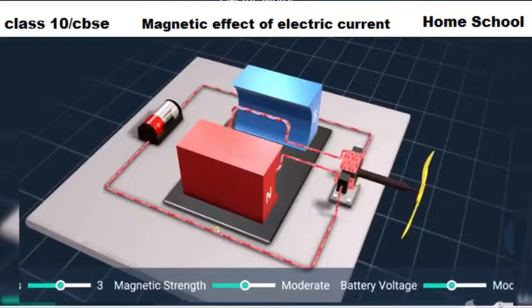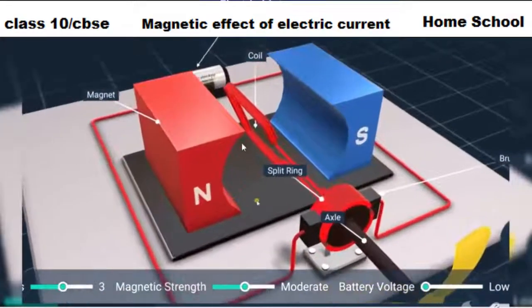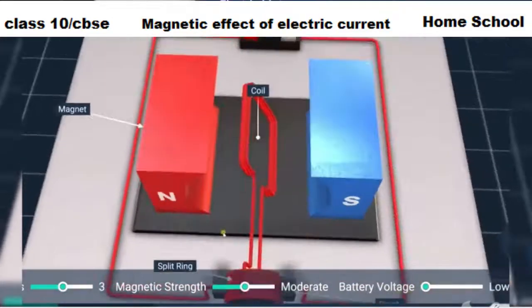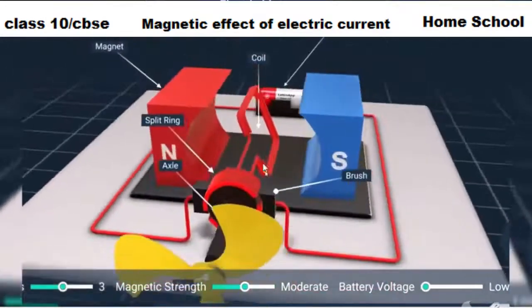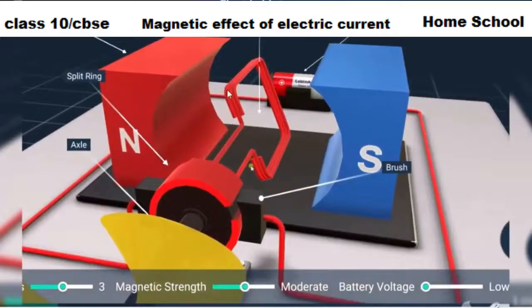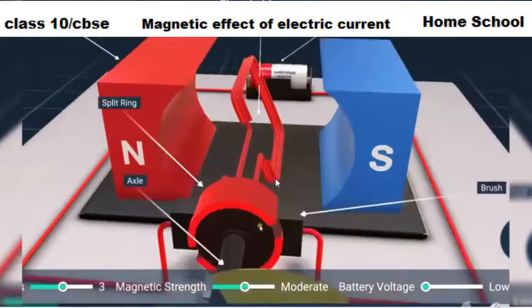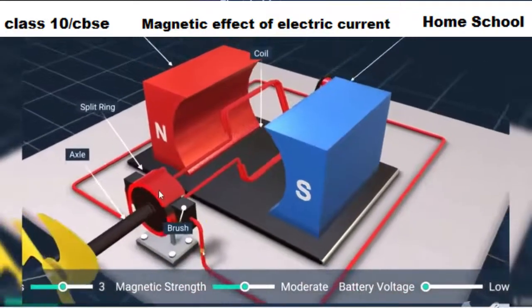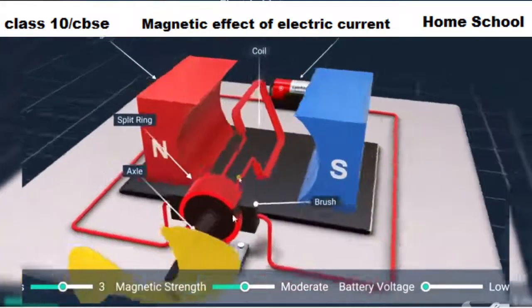Guys, now let us see a visual on DC motor so that you will understand in a better way. Now let me explain you the different parts of DC motor. See, the magnet showing north pole and the magnet showing south pole. So in between these two poles we have a coil. You can see a conductor in rectangular shaped coil, right? And this is connected to split rings. Okay, so these are our split rings.